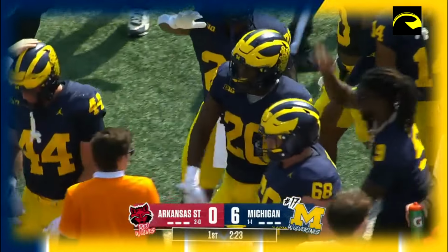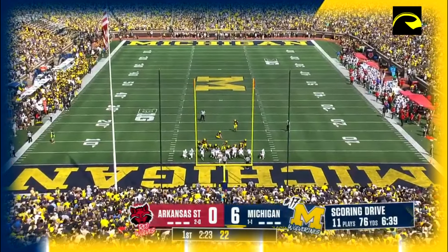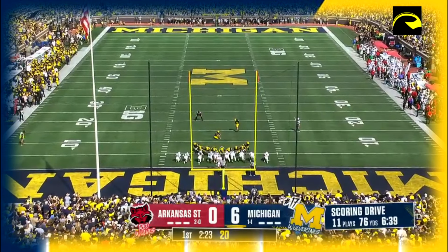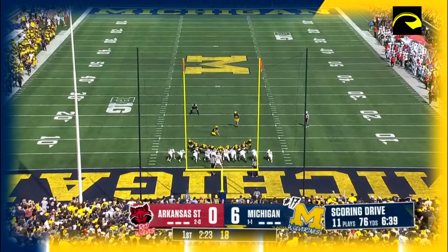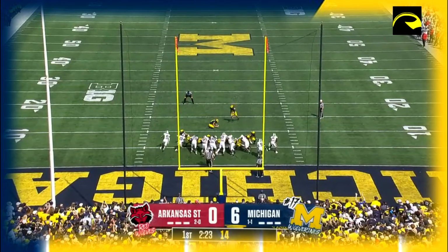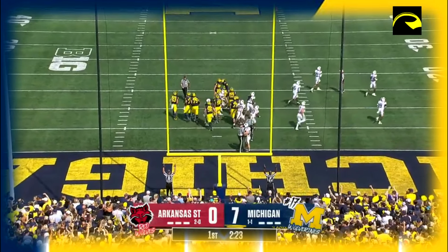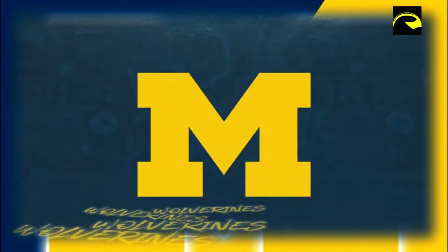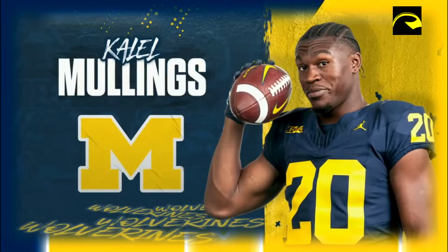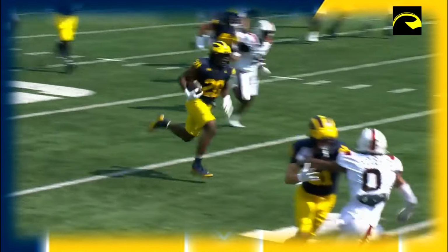Dominic Zavada, the Arkansas State transfer, played the last 2 years as a Red Wolf. Still loves his former school, on for the extra point. He's out there, one of the first Michigan players on the field today, saying hi to a lot of former teammates and coaches. Puts this one up and through, and with 2:23 remaining, opening quarter from Ann Arbor, our score is Michigan 7,